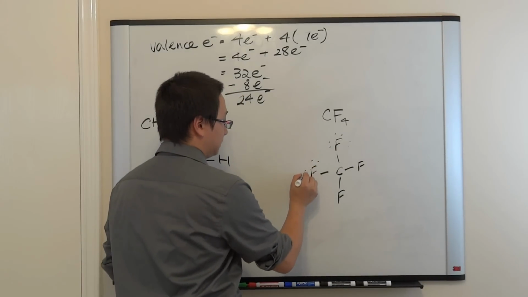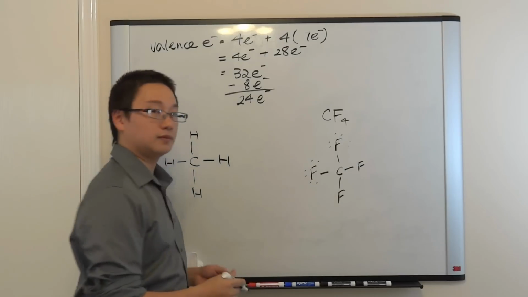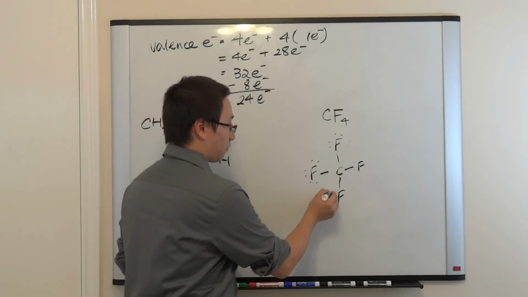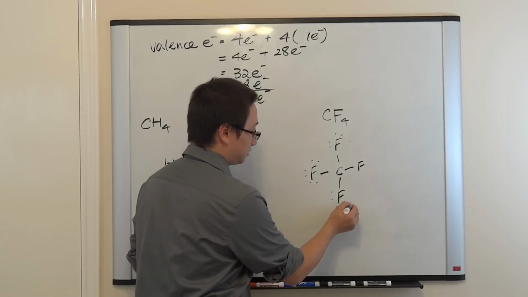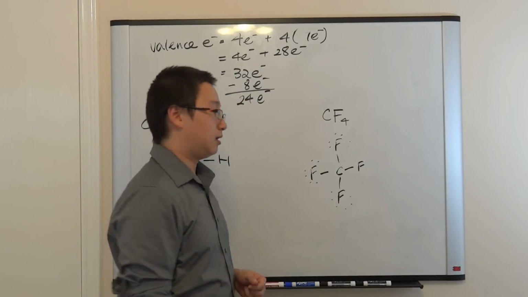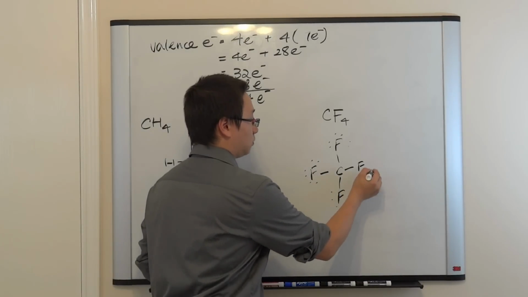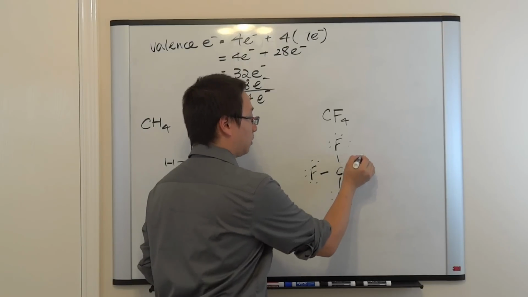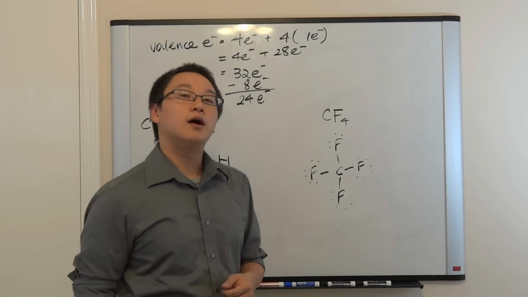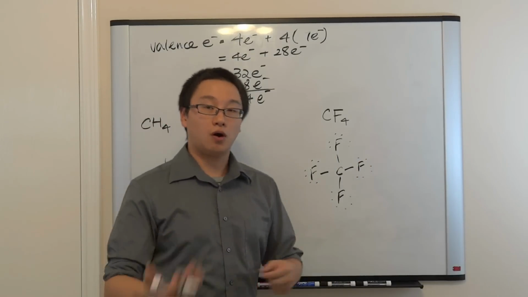7, 8, 9, 10, 11, 12. Okay, keep going. 13, 14, 15, 16, 17, 18, 19, 20, 21, 22, 23, 24. Okay, so now we have drawn all 24